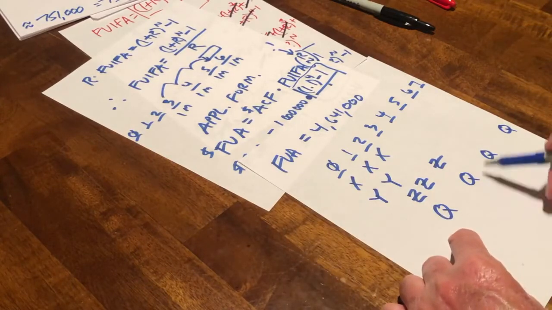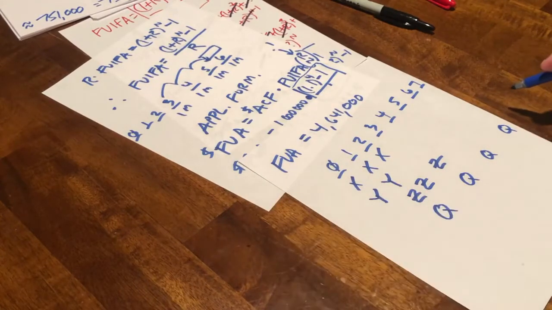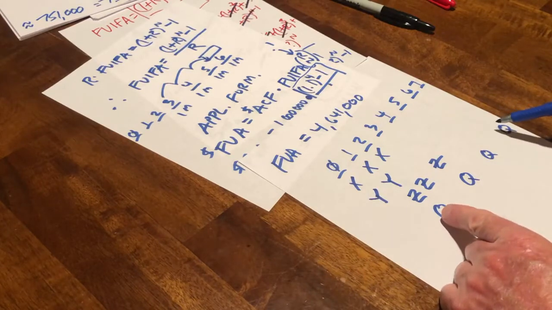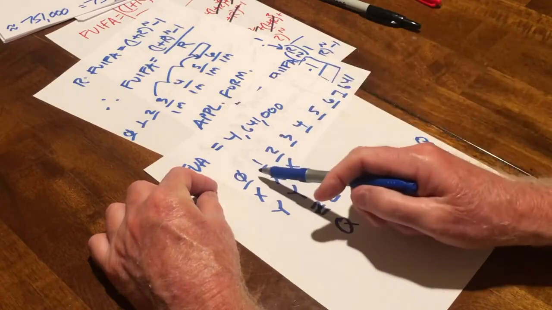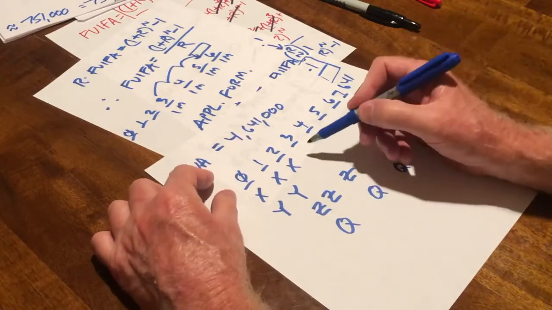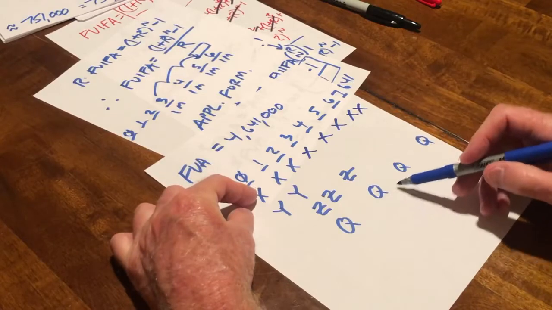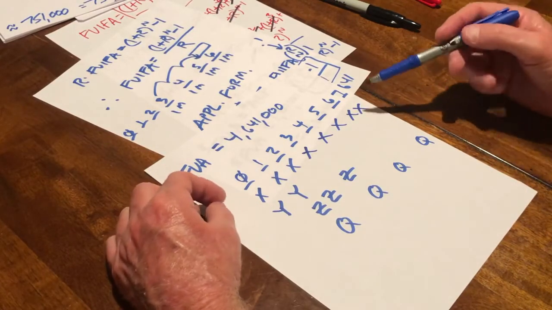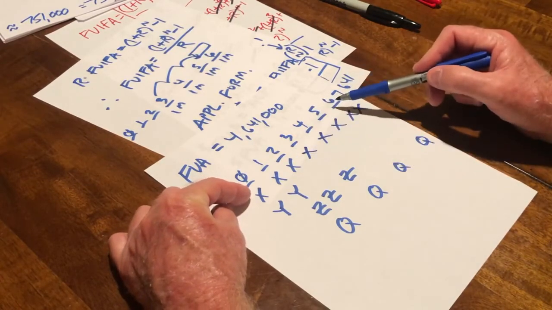We have a finite number, 4, of equal size, Q, cash flows for which the interval between the cash flows is constant. In this case, it's 2 periods. Don't be confused by the fact that, for example, if these numbers here are years, and you see perhaps an X in every one of these, and you might think, well, then this down here with the Q's, every other one couldn't possibly be an annuity. That's incorrect. And the way to see it is just, if these are indeed years, we could translate this annuity into